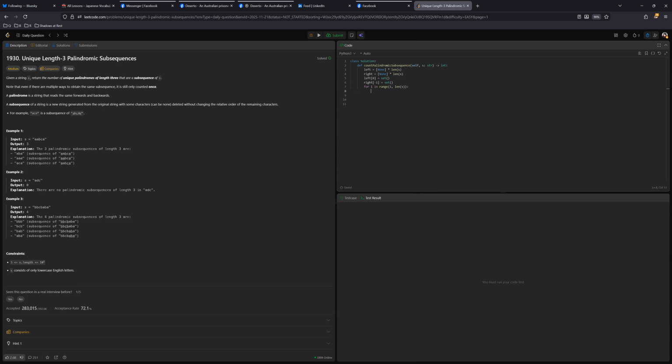So now, if S of i is in left of i minus 1, then left of i simply equals left of i minus 1. There's no reason to do anything to it. Otherwise,